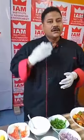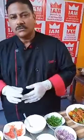Chef Muskan is asking whether it is necessary to add roasted cumin powder. It's not really necessary. Like I said, different chefs have different styles of cooking. Muskan, if you want to cook, you can use regular cumin powder. If I put roasted cumin powder, for me the aromas and flavors are totally different from